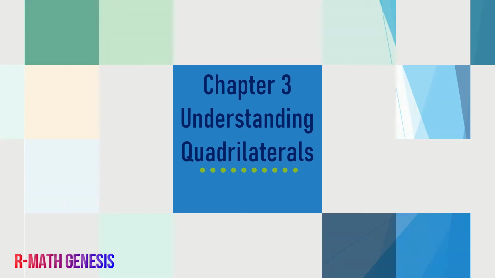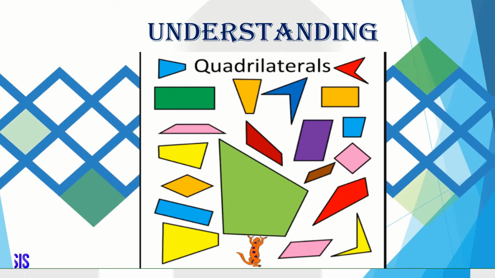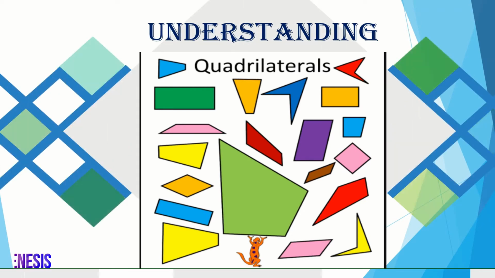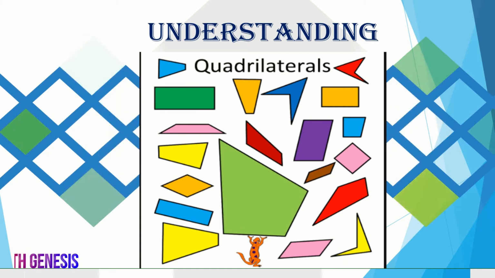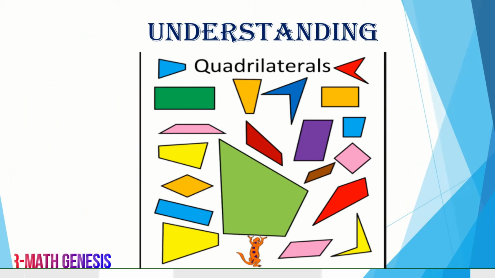In today's session, we'll start with chapter 3, that is understanding quadrilaterals. What do you mean by understanding? Understanding is nothing but to know more about quadrilaterals. By the way, what are quadrilaterals? Quadrilaterals are nothing but four-sided figures. If you see in this picture, we can see all the quadrilaterals, right? Which is nothing but a figure which is made up of how many lines? Yes, 4 lines. So in this chapter we are going to learn about different kinds of quadrilaterals and their